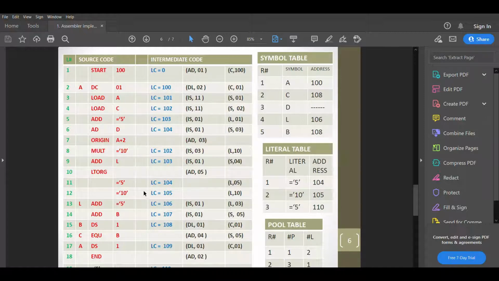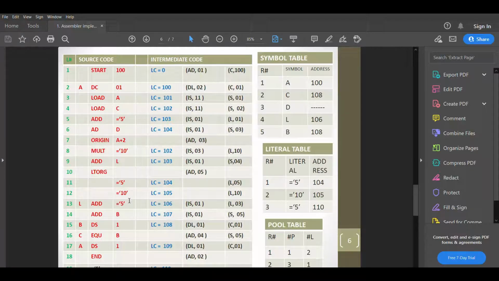As for literals, there are three literals, at the fifth position, the 8th position, and the 13th position, and these are the addresses.